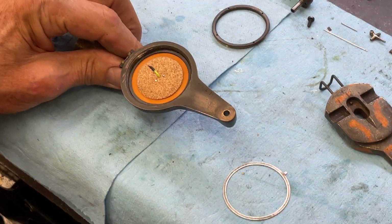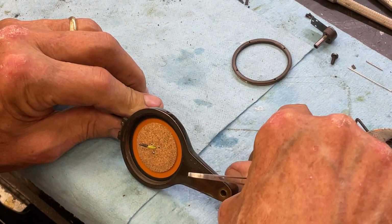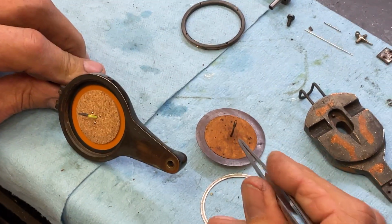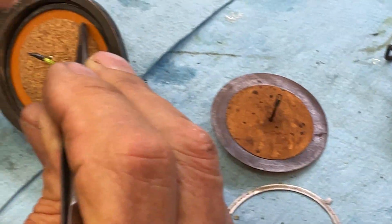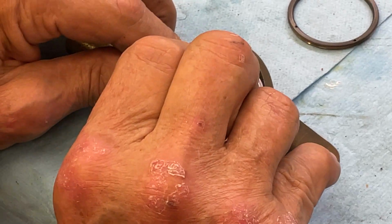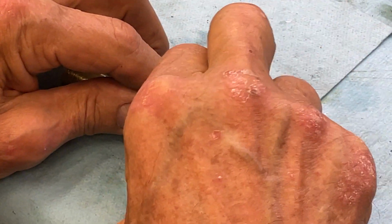Now you can see where that indentation, probably from a screwdriver, hit, and now it would be in line here and not covered up by the gasket material. So you'll take this retaining ring, and now you will pop that in. Now you will take this ring, the 4 little holes,